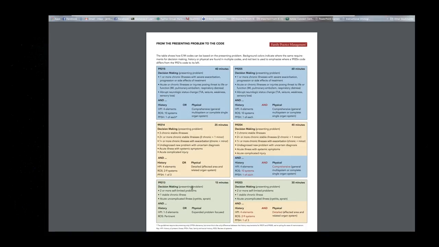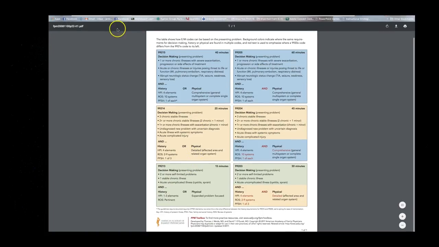I just expect you to be able to, when you're doing a focused exam, write a good history of present illness. You need to make sure you include your social history, your past medical history, medications, allergies, etc. Do a review of systems that's pertinent to the problem that they're coming in with, and include always respiratory, cardiac. If you're doing a history and physical, then you're going to do everything on the note, no matter what. All right, so